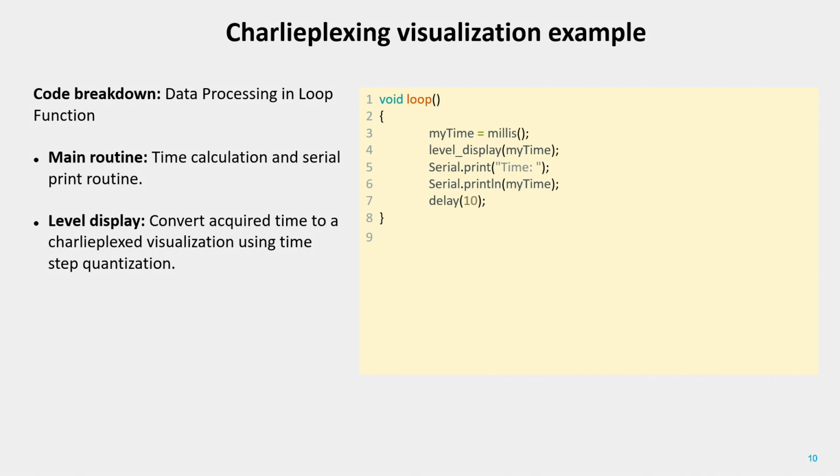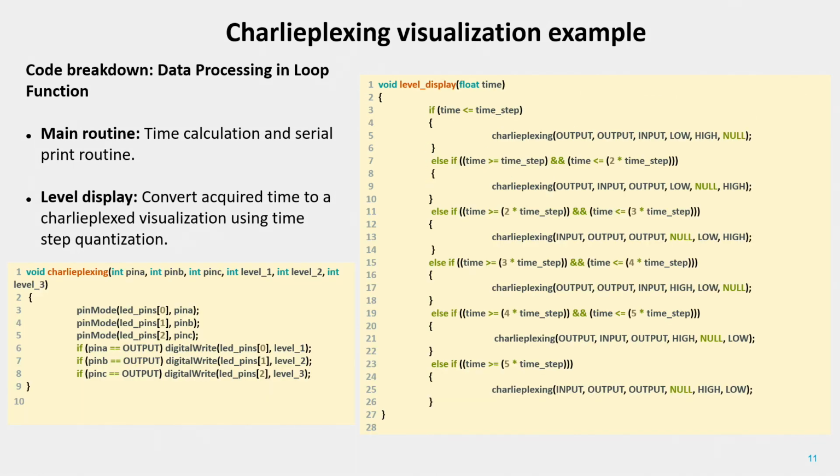the specific parameters. The Charlieplexing and level display functions are critical. They configure each of the 3 designated pins to either output or input based on the required pattern. Then, using conditional checks, it sets the appropriate logic levels to display the desired LED state. This selective control forms the basis of the entire visualization process.